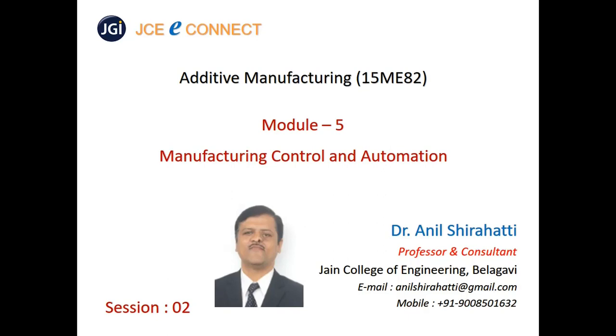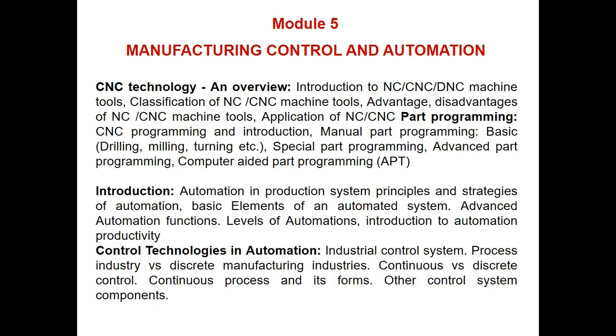In the last session, that is session 1, I covered what is manufacturing. Then we saw different types of manufacturing, for example mass production, continuous production, job production, etc. Then we moved to different conventional machines, and how the NC machine came into the picture. We saw the history of the NC machine. Then we moved to what is a CNC machine, what are the advantages and disadvantages of CNC machine, and its applications.